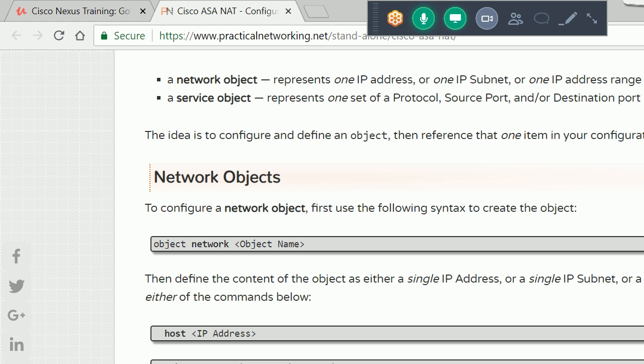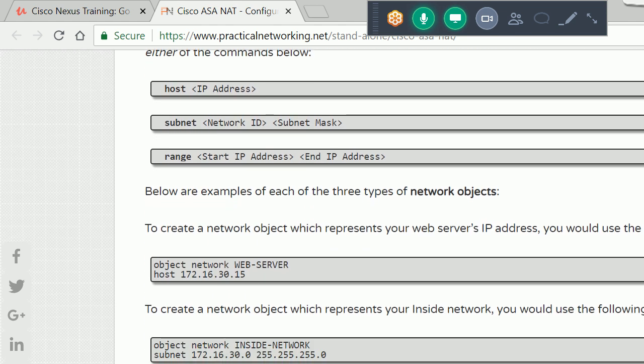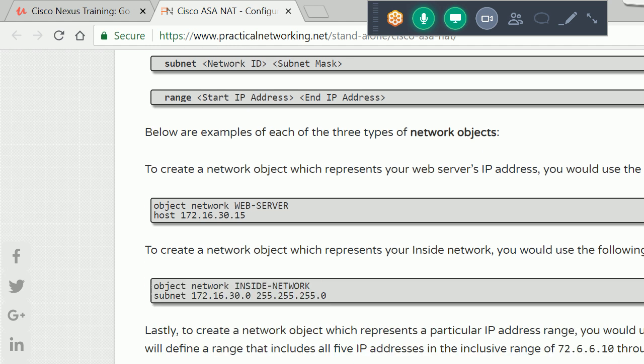In a service object we can include all the port numbers, TCP, UDP, and the protocol, that kind of thing. If we want to write the object network, we can use this way for host, this way for network, and if we want to define the range we can use this way.